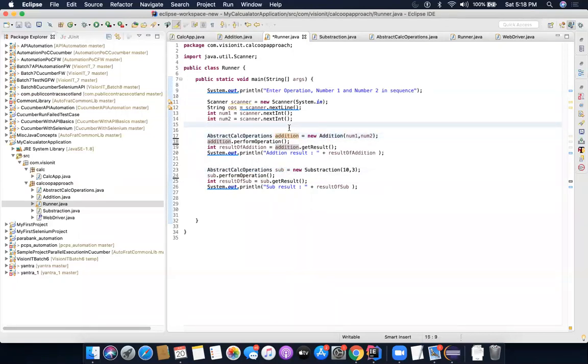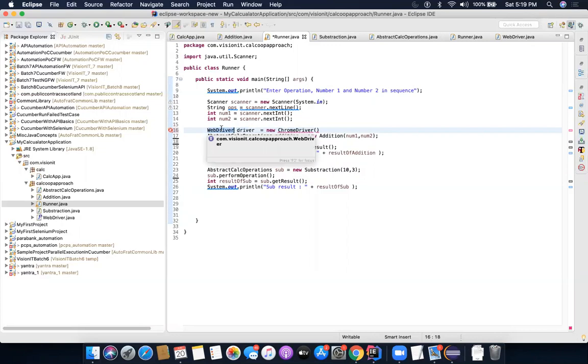And the same thing I am doing here. As in the example I was telling you, the same thing you do for WebDriver driver = new ChromeDriver() in Selenium as well, right? So here also you'll be doing the same thing. Here ChromeDriver's parent is WebDriver, and that's why you can specify it like this. This will help you in doing cross browser testing, right?